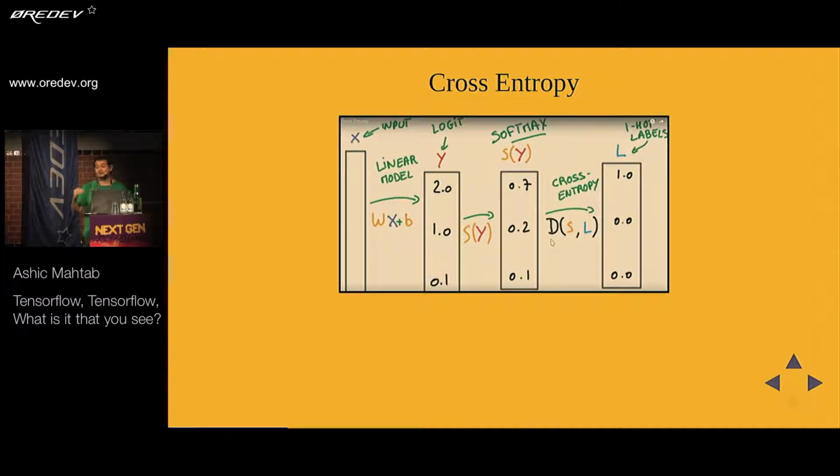Now, if your label data falls under one category, let's say you're doing letter classification and it's A to Z, so you have 26 possible outputs, right? Only one of them will be 1. So basically what this means is the cross entropy is going to be minus log of the softmax value that corresponds to the 1. A bit of math, but the idea is that you run it through a series of processes to get to a certain value.